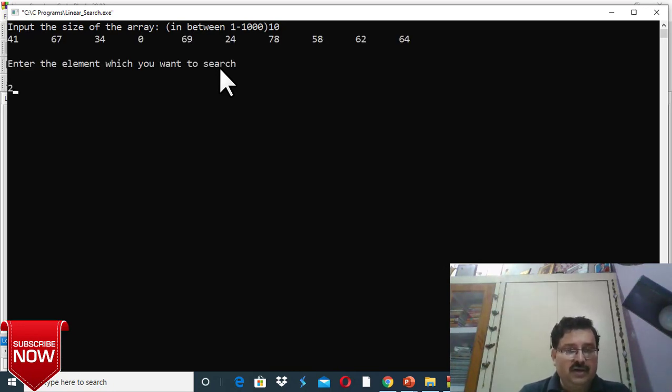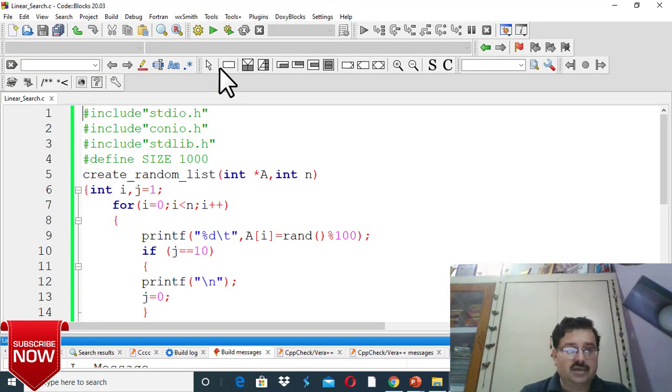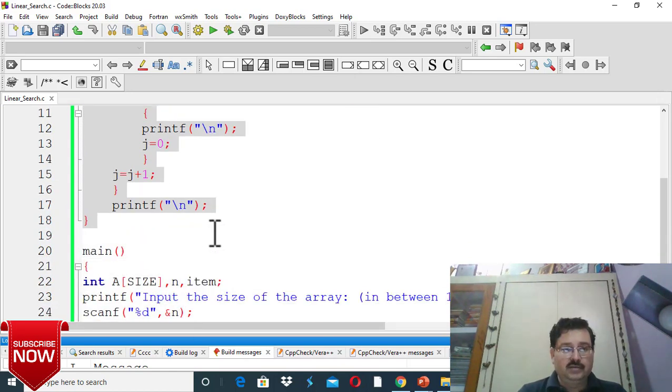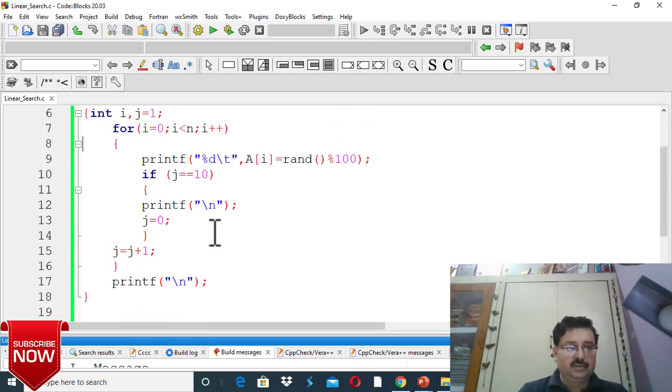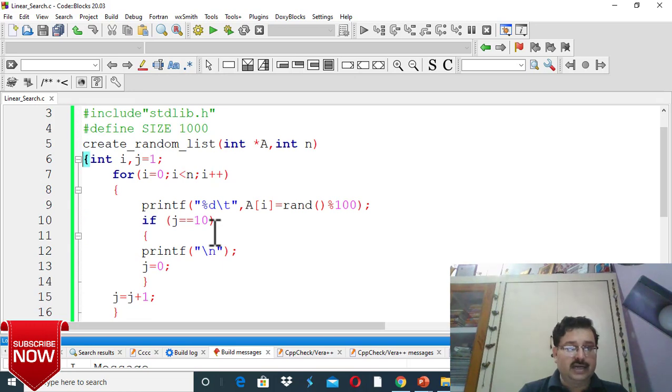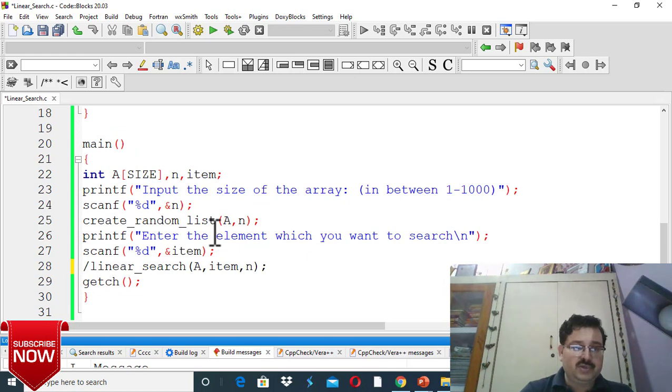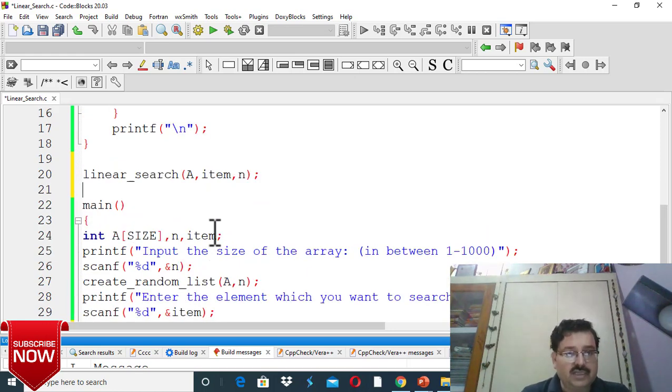So this function I will repeat in every coming program, so no need to create it again. Just copy it, stop the video and write the code of this create random list. Okay. Now the main purpose of this program is to implement the linear search. For that purpose, I am going to implement